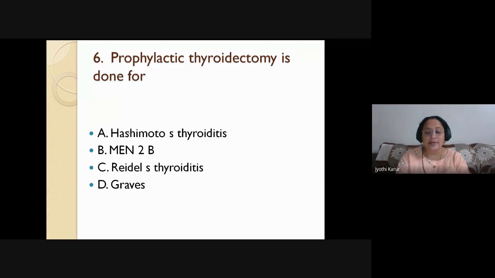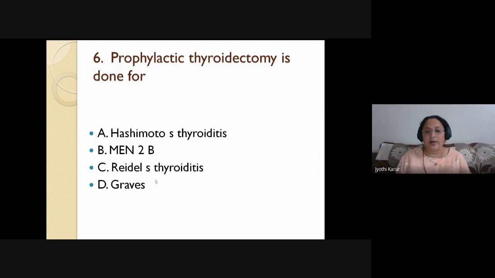Because Hashimoto's thyroiditis is nothing but a permanent hypothyroid state. In early Hashimoto's thyroiditis, there is something called thyrotoxicosis. What is it called? Hashitoxicosis. The person initially presents with a severe hyperthyroid picture. Then, with destruction of thyroid cells, the person goes into permanent hypothyroidism. So surgery is contraindicated in Hashimoto's thyroiditis because some cells are remaining, and you would be removing the functional thyroid tissue also.